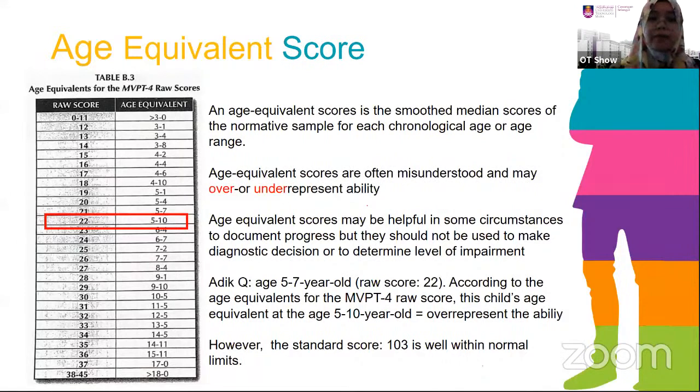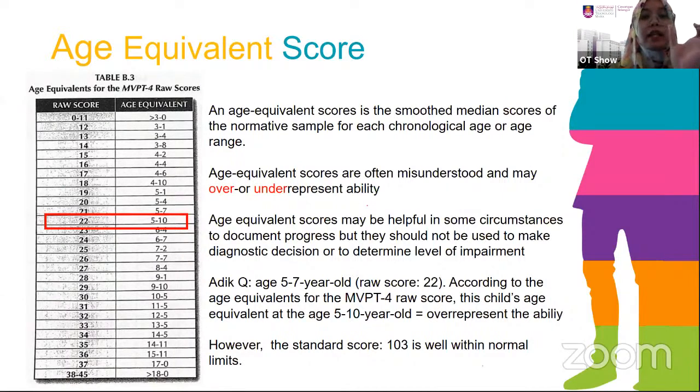Okay, contoh tadi adik Q umur 5 tahun 7 bulan. Raw score dia adalah 22. Okay, kalau kita tengok dekat table B.3 22, dia punya age equivalent dia adalah 5 tahun 10 bulan. So dia dah over represent ability adik Q ni. Tapi kalau kita based on standard score, adik Q dia 103, betul?